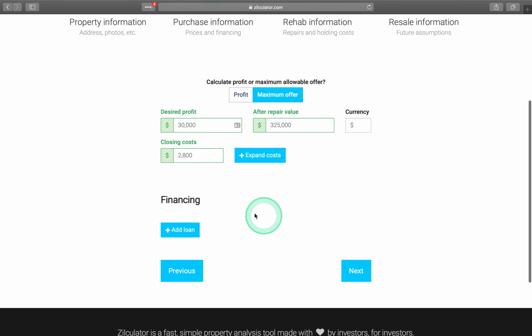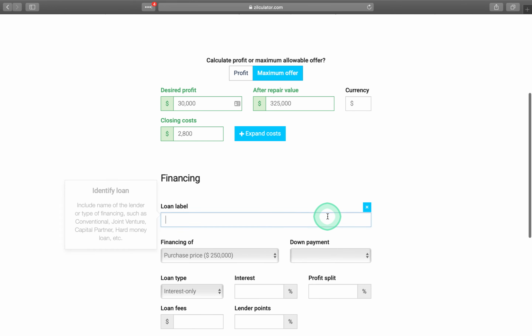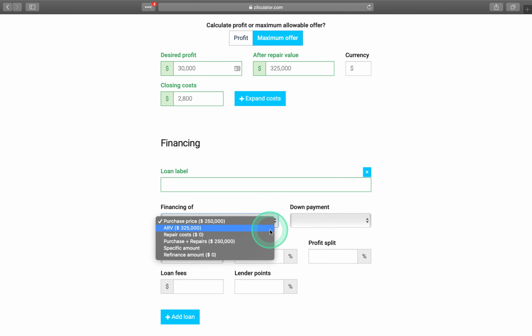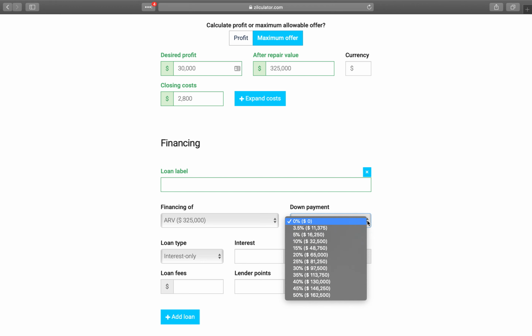Okay, now financing. Let's say that you're not going to buy this with cash. You're going to add a loan. You can do that in Zilculator. And if you have more than one loan, you can add here, my joint partner Stephanie, a capital partner Jorge, you can do hard money, anything here. And then here you ask, what's the purchase price? It's either based on the ARV. We have a lot of lenders that, based on the ARV, say I'll give you 70% or 60% or whatever it is of the